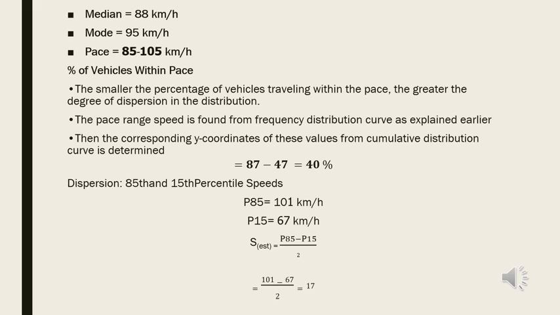Using the previous graphs, we estimate the median using the cumulative percentage frequency curve. Then the mode is the speed that is most likely to occur, and the base we find using a ruler, and after that we find the percentage of vehicles within the base, and it equals 40%. Also we can